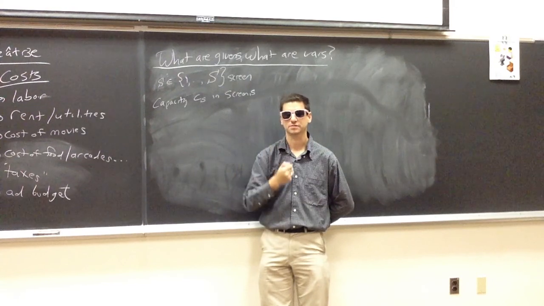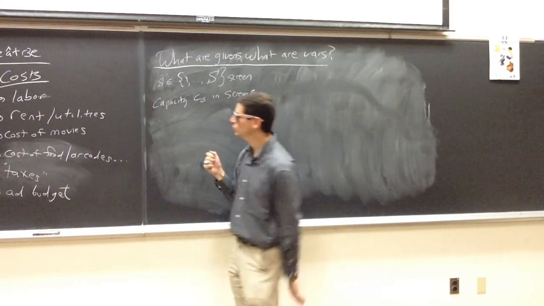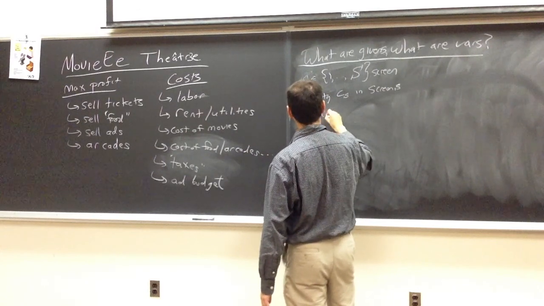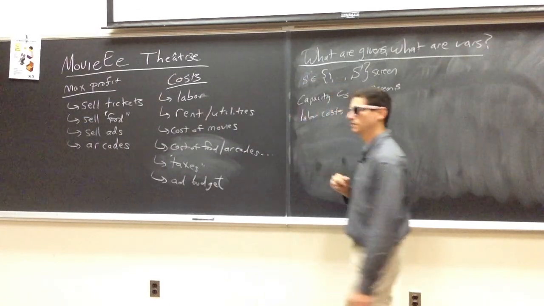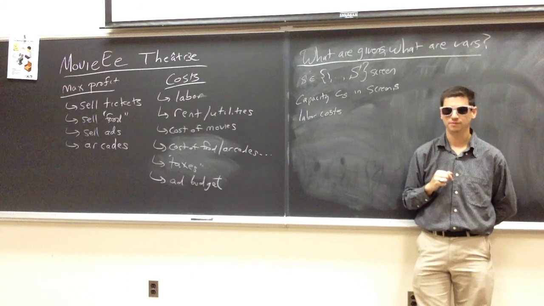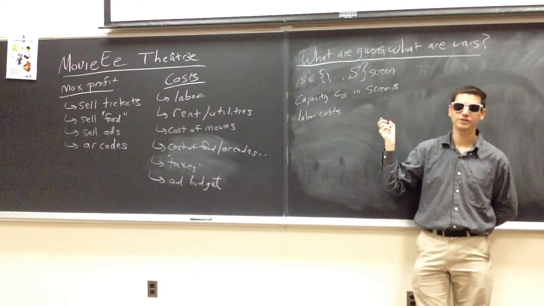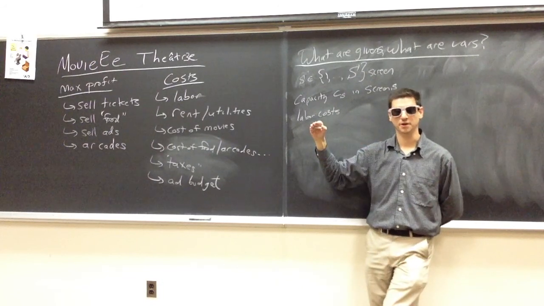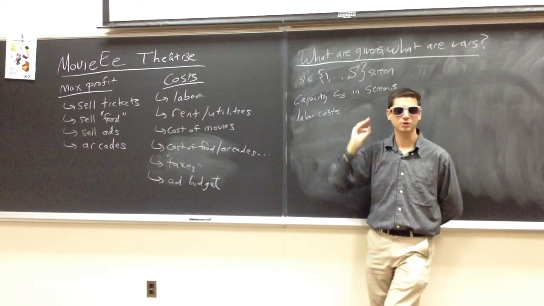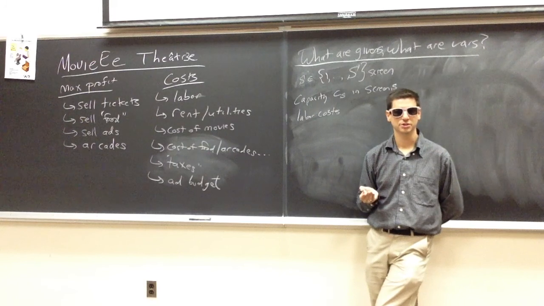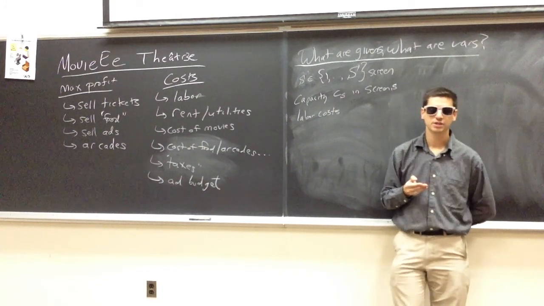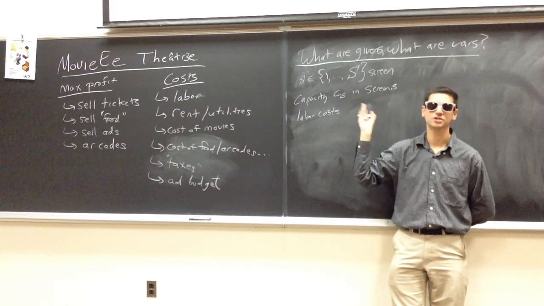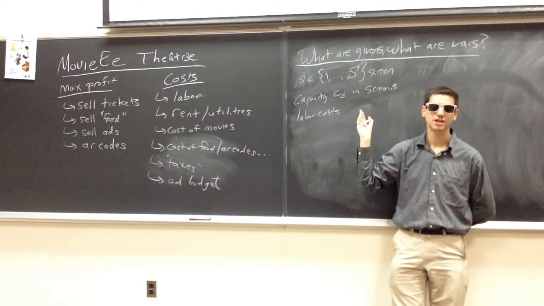What else? So we could have labor costs. We'll assume those are fixed for now. But it could include things such as overtime. And so the cost per worker may not be constant throughout the day. Or it could be maybe, if you're working after midnight, we have to give you a bonus. Or if you work more than a certain number of hours in a week, we give you time and a half.